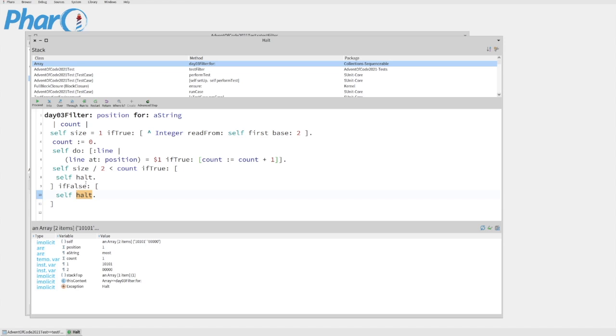Oh, because we're trying to find out what the most is. So if the size is less than count, then it means 1 was the most common. And so if it's most,